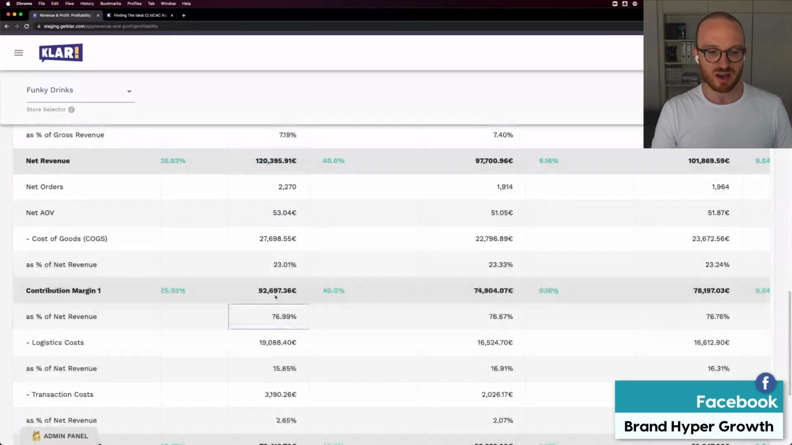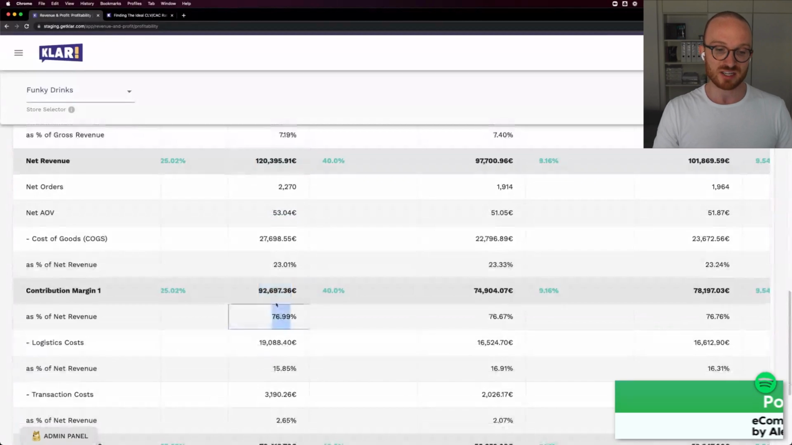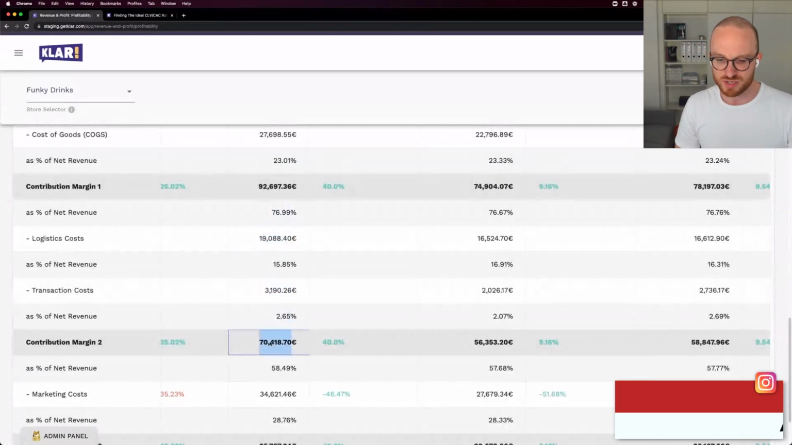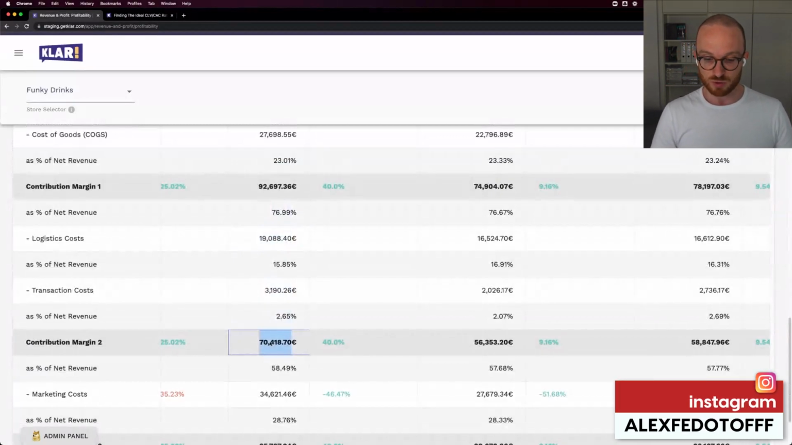So I can see now that 77% of my revenue is left after I deduct the cost of my product. From that, I have to deduct my logistics and fulfillment costs as well as my transaction costs, which leaves me with my contribution margin 2. And contribution margin 2 is actually also the number you should be using to calculate customer lifetime value. Like most people,